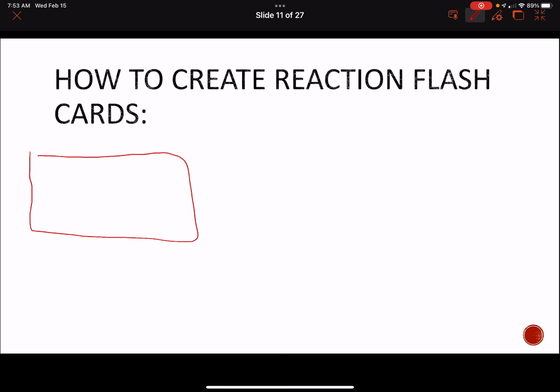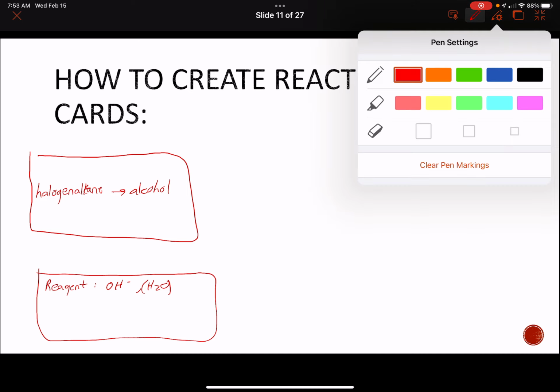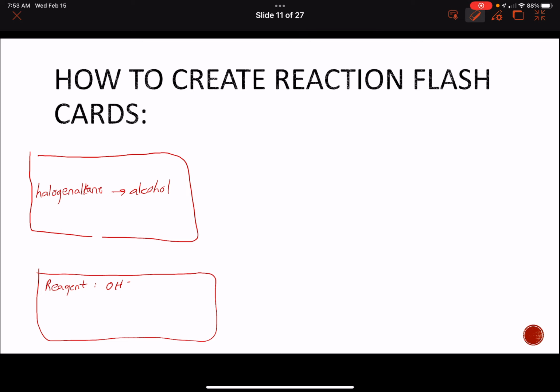First one, if I want to change a halogenoalkane, so functional group transformation, to an alcohol, put on the back the reagent is OH minus, and also you could do this with water. But I would say to wait to write that, because we'll see it later on, as the conditions might be slightly different. So the reagent is OH minus, and the conditions,